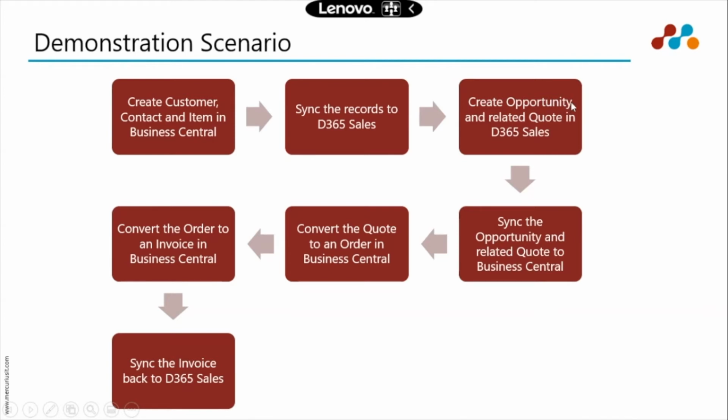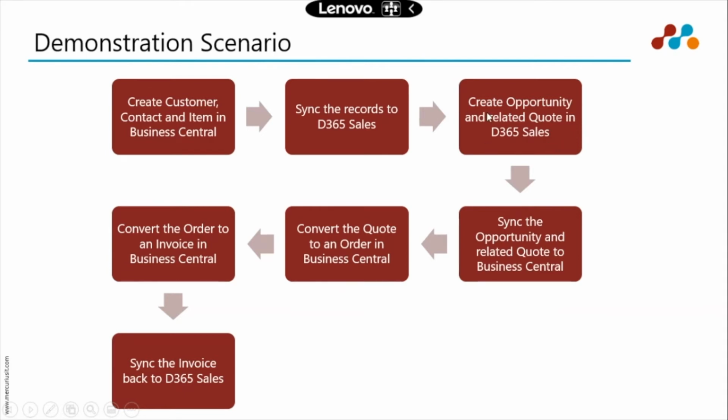Now, on these opportunities, the sales team will work in Dynamics 365 Sales. They will be utilizing the Sales Insights features to nurture those opportunities and to gather information about which opportunities are good to go ahead and which opportunities are at such a point of time where they need to invest more time and effort. Once the opportunities reach a particular lead score or opportunity score where it is possible to create a quote for that opportunity, we will be creating a quote in Dynamics 365 Sales.